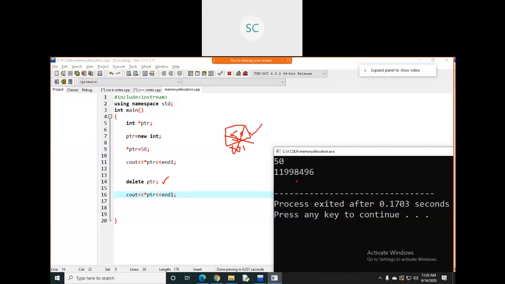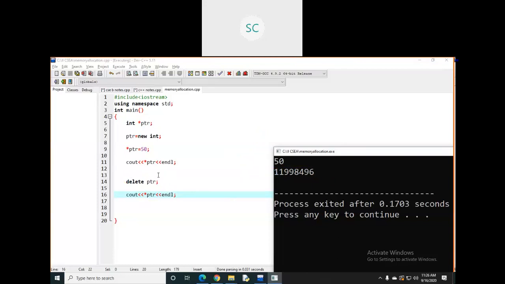Then what is this value? This is one random number, a junk value, that is going to be printed in the output. The default value or some random number it is going to print. If you print any variable, it is going to print some random number. In this way, you can delete that memory. Sir, if we don't want to get this random or junk value, what should we do? By default, it will take this thing. We can't erase it.